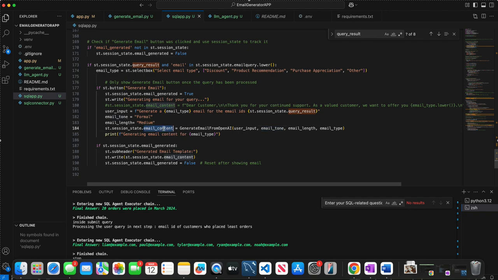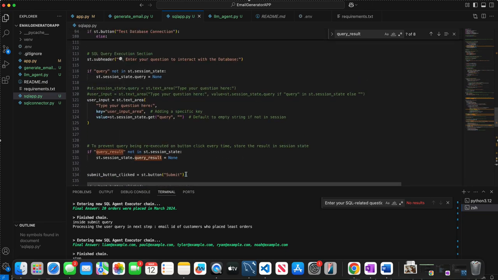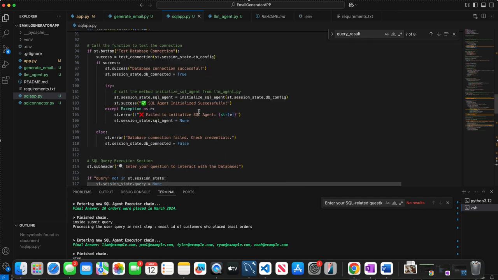So once we generate the email, we are showing that email in our Streamlit UI. So st.write will show the content of the email. Okay, so let's go back to the place where we are initializing the SQL agent. This is the place where we are initializing the SQL agent. The SQL agent will construct the SQL query and execute it in the database. So initialize SQL agent